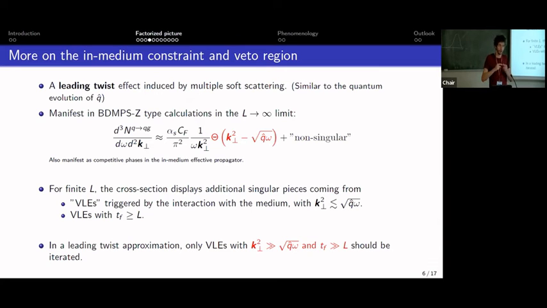you want to account both for logs of the hard scale divided by the non-perturbative scale, as in pp, but also logs of the hard scale divided by the medium intermediate scales, which here is square root of q hat times omega. So if you integrate this indeed non-singular piece for a vacuum physicist, in our case, it gives a log of, say, Q divided by square root of q hat omega. So if this scale is indeed much smaller than Q, say, think about a very large pT jet, this is a kind of log that we would like to resum to all orders. Yes.